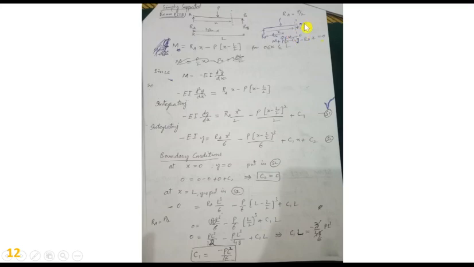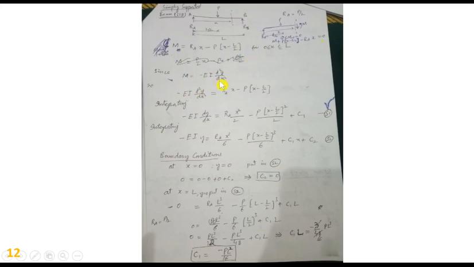Taking the moment at section mm, the summation of moments at section mm should be 0. Anticlockwise is positive, M is positive, P will also be positive, P into, and since the discontinuity was there, we write this term in square brackets, P into [x minus L by 2]. We are not multiplying P inside; we are taking this as a unity, and it will be important while integrating, minus RA into x, that is negative. So M can be written as M is equal to RA x minus P into [x minus L by 2].